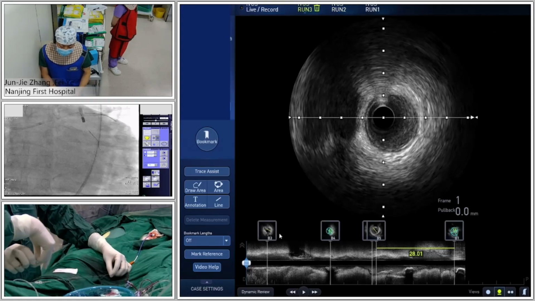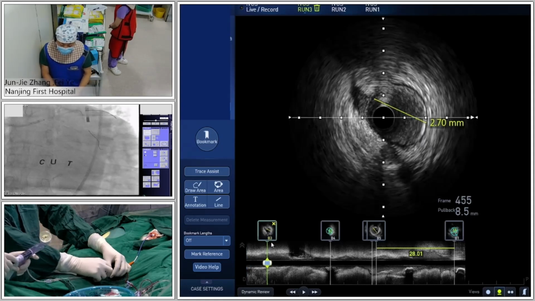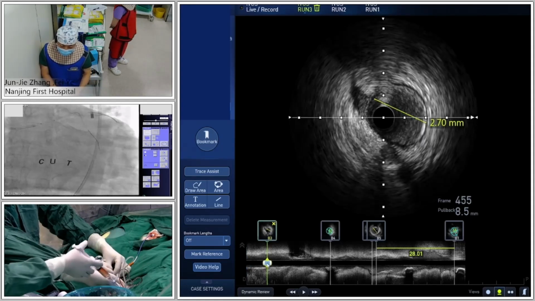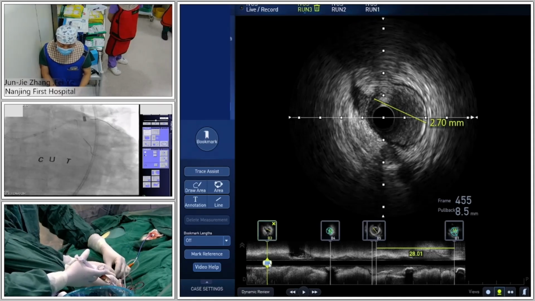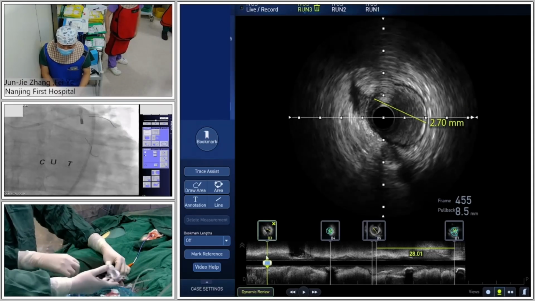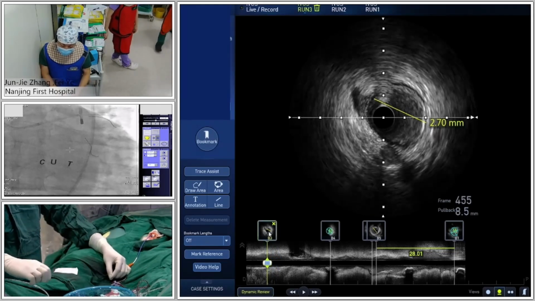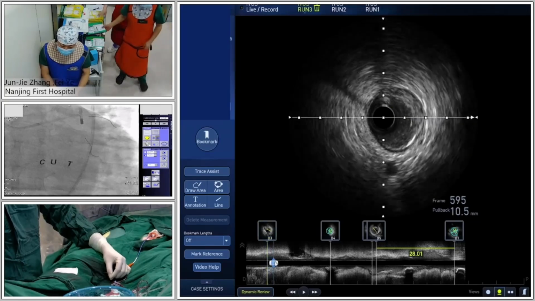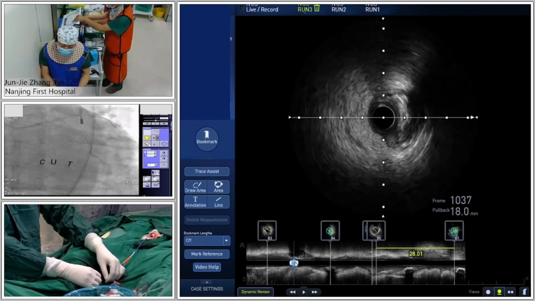Can you introduce the third run for the circumflex? Yeah, the third one, we check IVUS from the distal circumflex to left main. The distal circumflex vessel is normal, vessel diameter about 2.7 millimeter. Then go and pull back, the vessel is not very large. And we can see attenuated plaque